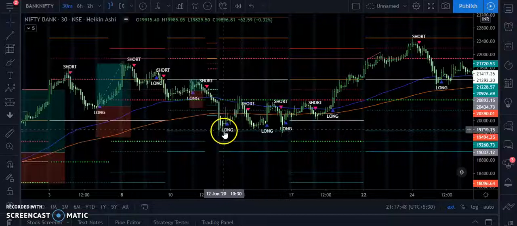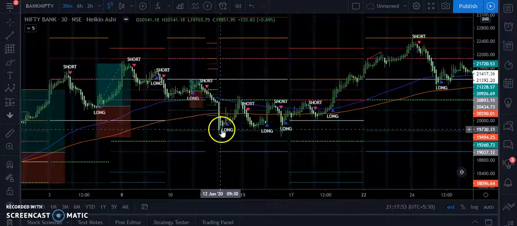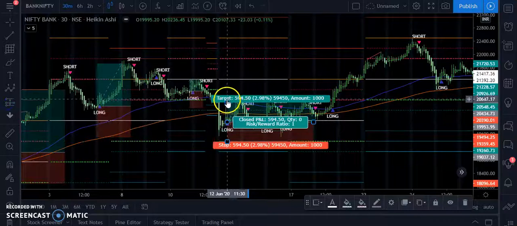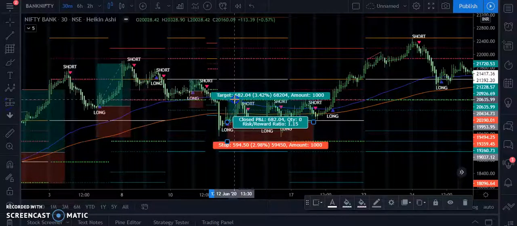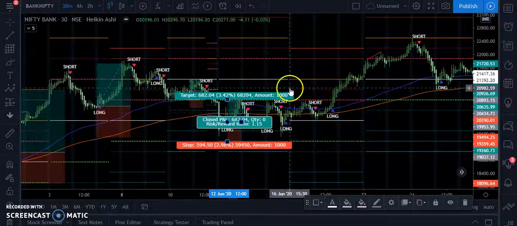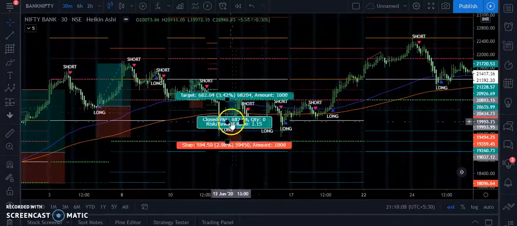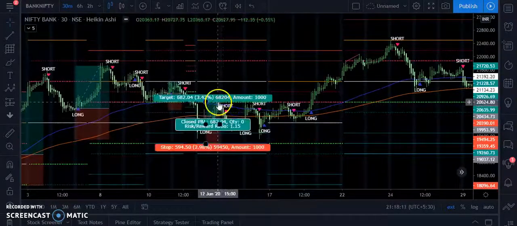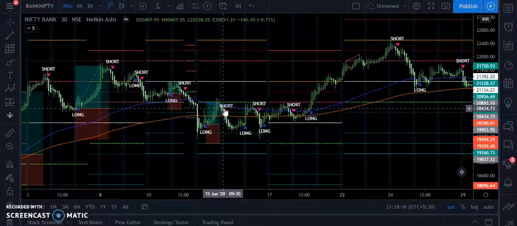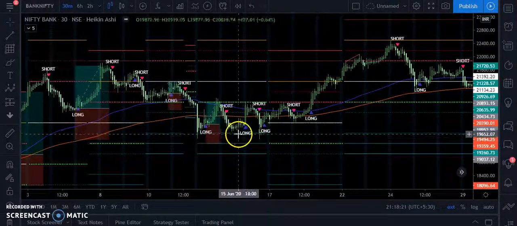Again we come here, the price is in these support lines. As I said, the support lines are an indication that bulls may take over. So you should wait for a long signal and go for a long position till this green line, because this also may be acting as a support or a resistance region. I got a support here, and the price didn't break this green line. The moment you see short, you should short it, and also keep your take profit over here.